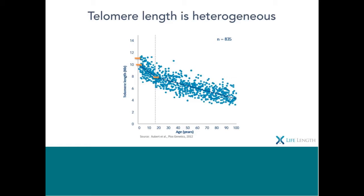And you can also see there's a good deal of scatter around the graph, meaning that not everyone is aging at the same rate. Of course, if all of the points were on the line, then there would really be no purpose in measuring telomeres because it wouldn't be something we could do anything about. But what we can see here is that somebody who might have been born, let's say, with great genetics, let's say 12 kilobases of telomeres at the top of the data set at the beginning, can nevertheless have a poor